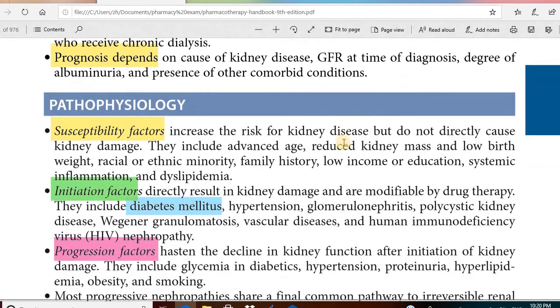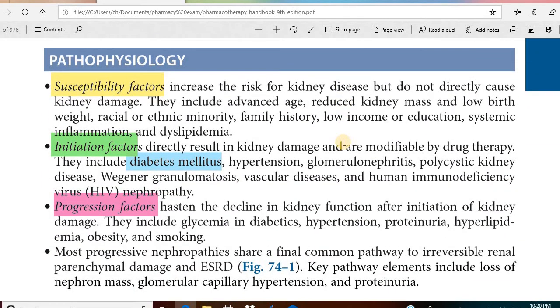In the next part, we are discussing the pathophysiology. In the pathophysiology, there are three factors: susceptibility factors, initiation factors, and progression factors. Susceptibility factors increase the risk for kidney disease but do not directly cause kidney damage. Susceptibility means they may be responsible for causing kidney disease, but they are not directly involved. So they may be